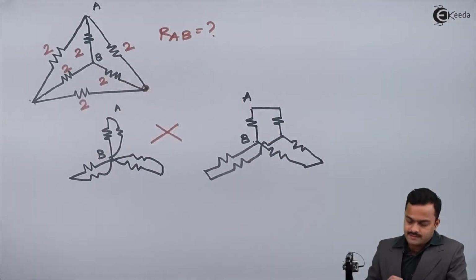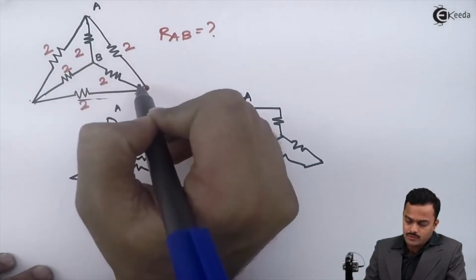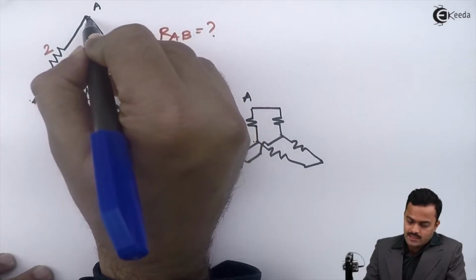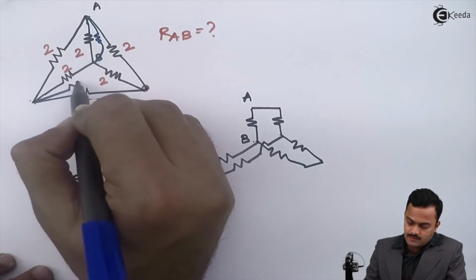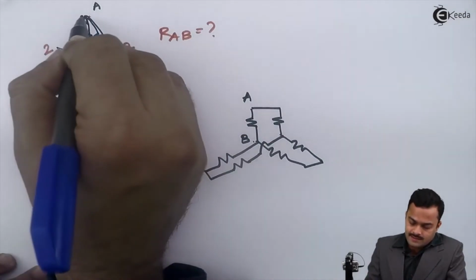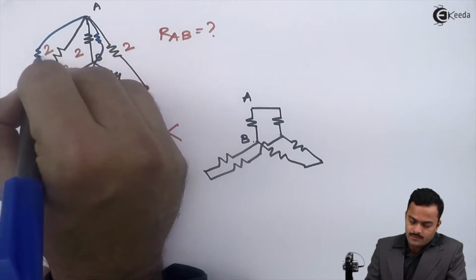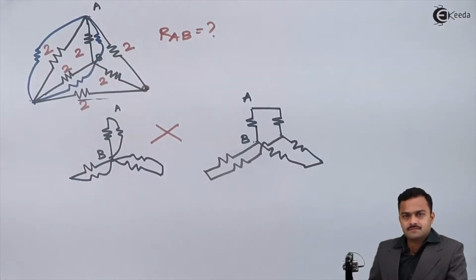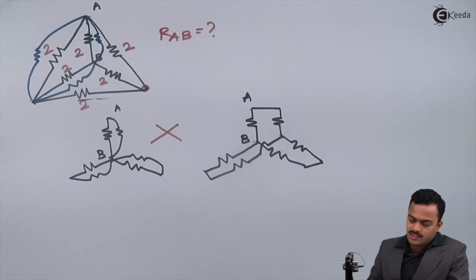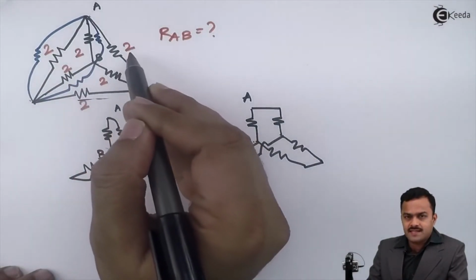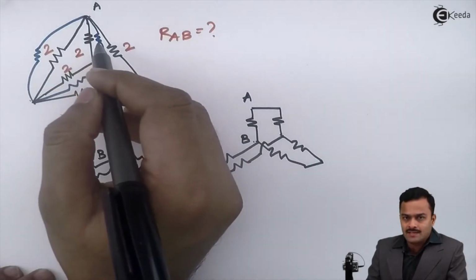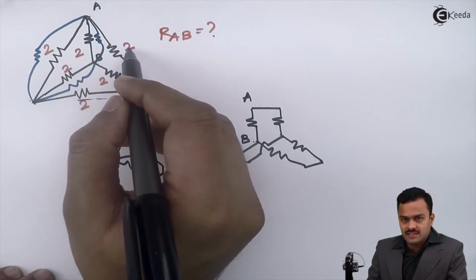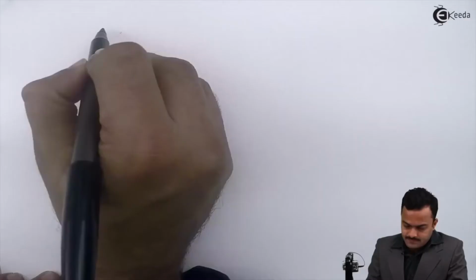So it will look like this. This star I am going to convert into a delta. One resistor I will get like this, another resistor like this, and the third resistor will come in parallel with this. It will become a very simple structure and fortunately all the values are the same, 2 ohm, 2 ohm, 2 ohm. That star getting converted into delta, multiplying this 2 with 3.